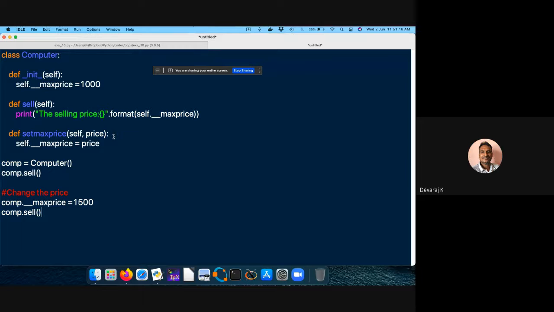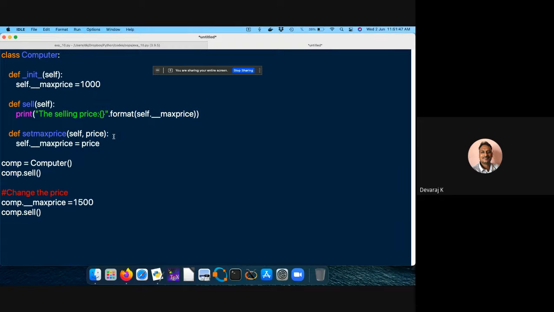Okay. Now what is this actually? Now I need to call this set max price. I need to fix that particular price. So the price is maybe 1000 what I have fixed. Now I want to change this. See, this is how your business will work. So first, max price is 1500, but the selling price is 1000. So you look at the MRP. So MRP is 1500 here. But yours maybe the selling price or what you're going to buy is maybe 1000 rupees or less than that, whatever it may be.